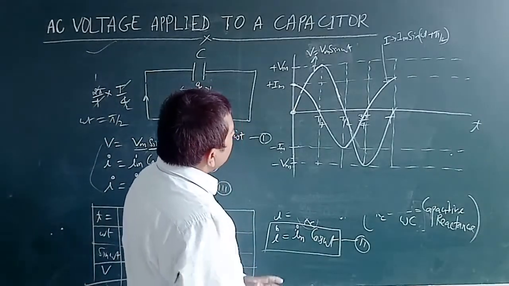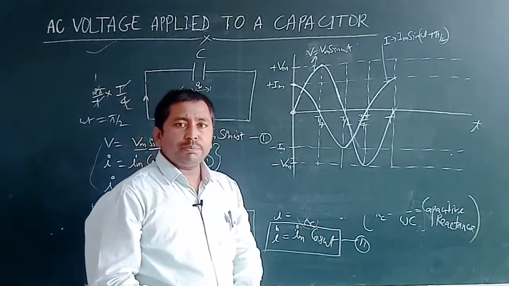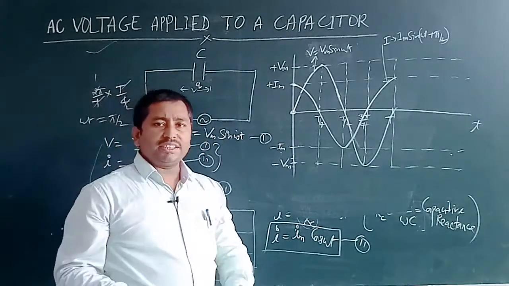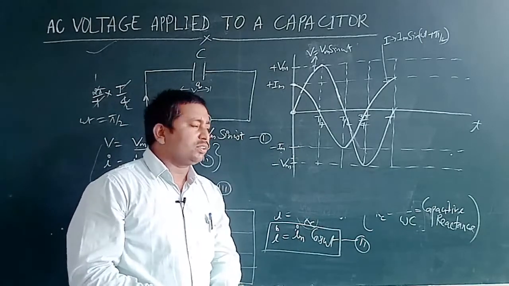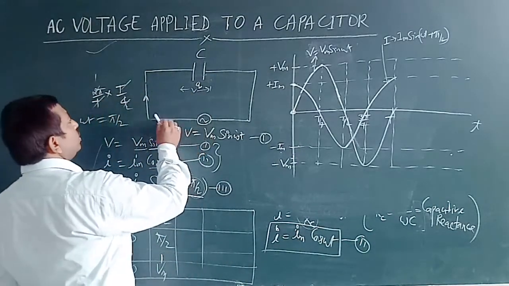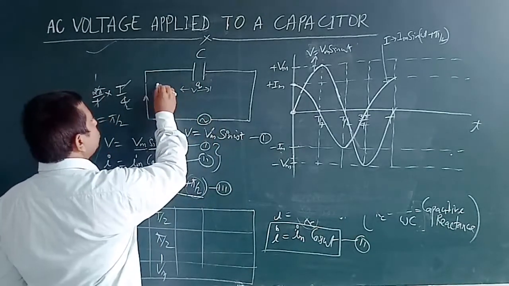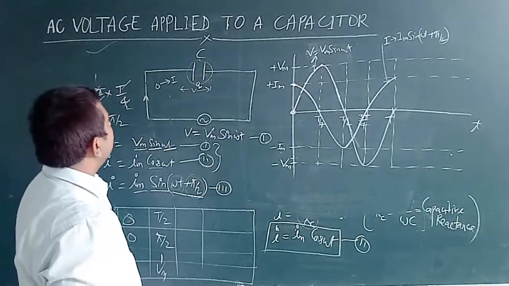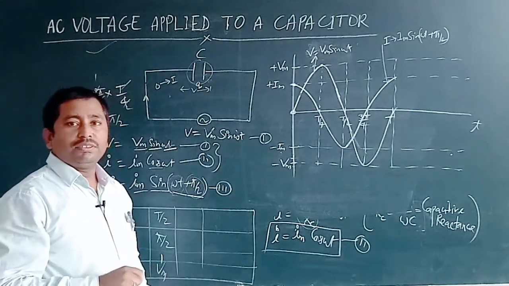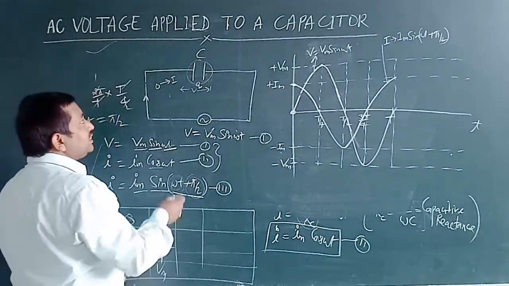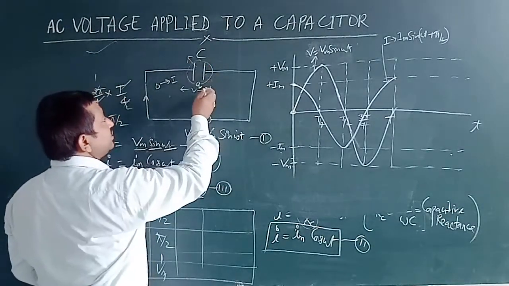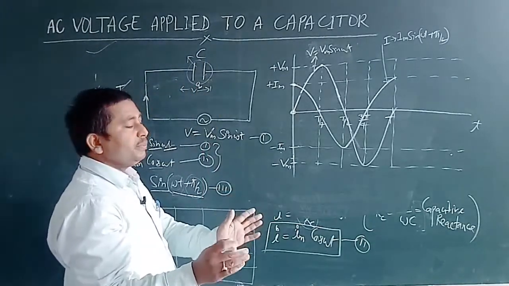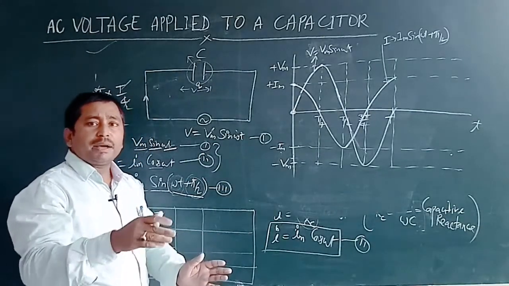Now what will be the value of the power dissipated in the capacitor during charging and discharging of the capacitor? As we know, when the current flows through this direction and increases from 0 to maximum, then the capacitor. Now one thing more: we are seeing that when the capacitor is fully charged, the current flow through the capacitor stops. It means current is blocked by the capacitor.